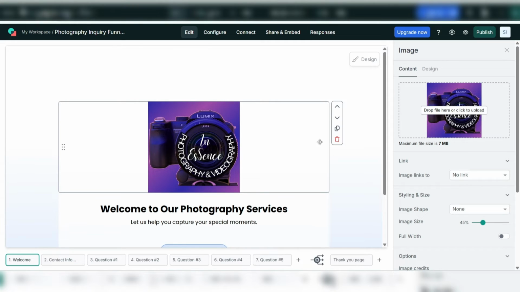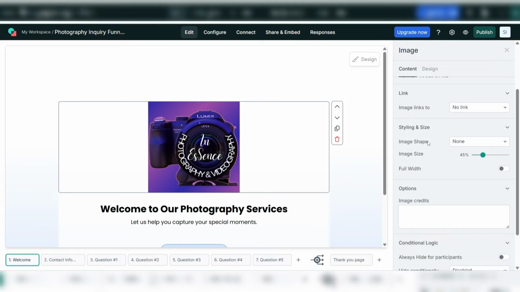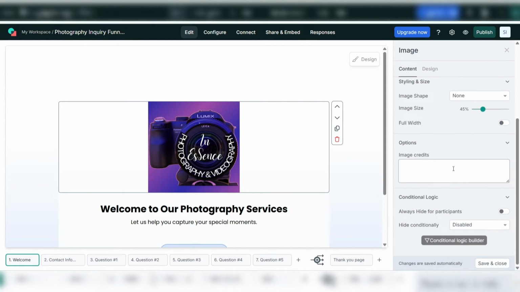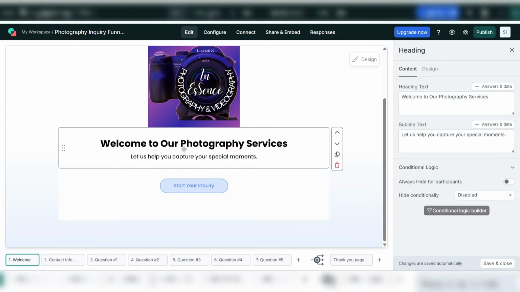Alright, so once that is done, you can also see that you can add a link to the image. You can also change the shape, size, and some other options over here. You can see, as well as every section that you select, you will have some editing tools on the right